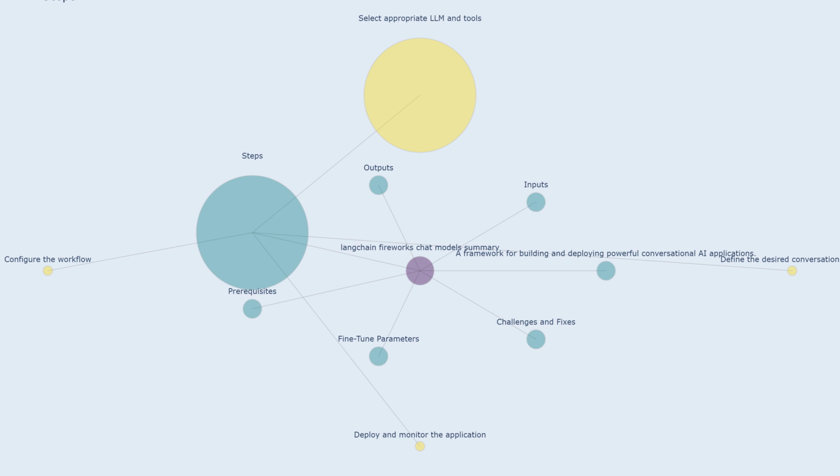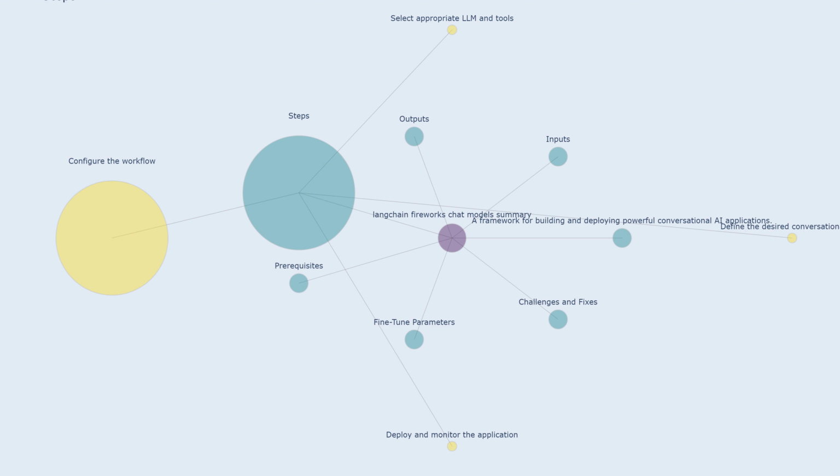LLMs, such as GPT 3.5 or GPT 4, provide the ability to understand and generate human-like text, while tools like APIs or databases can enhance the application's capabilities by providing access to external data and functionalities. Configuring the workflow involves setting up the interactions between the LLM, tools, and other components of the application. This involves defining the specific tasks each component performs, the data flow between them, and the overall logic of the